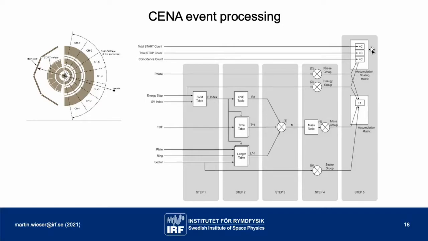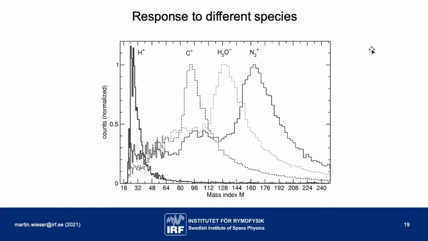The values of these tables were determined during calibration, and they were updated accordingly. Some data from calibration runs. So the instrument is measuring mass using time of flight data. So here we have the mass response, or the time of flight response, to different species incident on the instrument